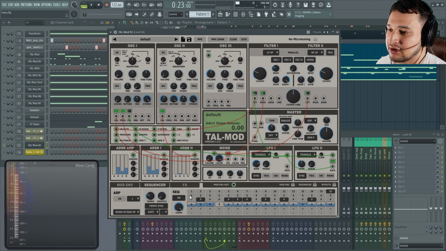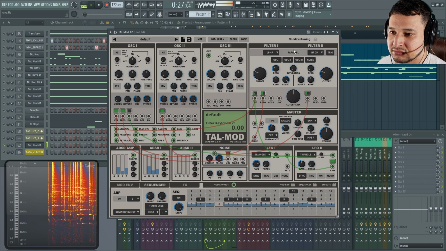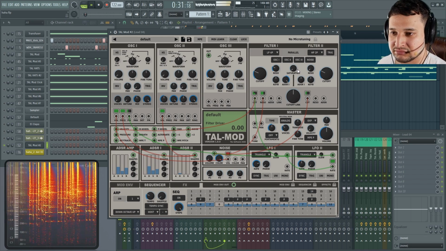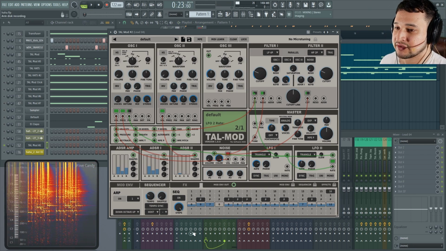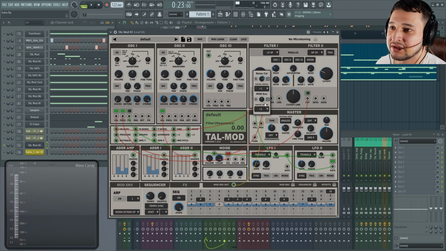We also have here the pitch or the semitone information. So if I were to change a few of these around, that also works. I could even use this as a modulation source. So if I wanted to have this boost the